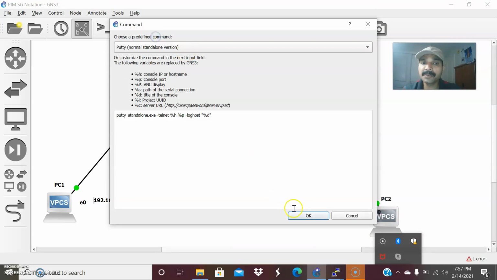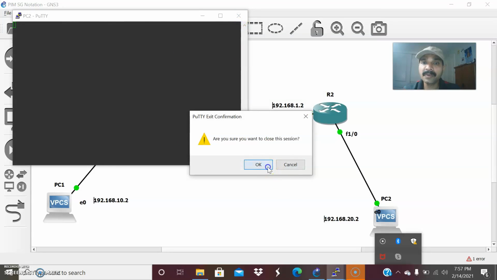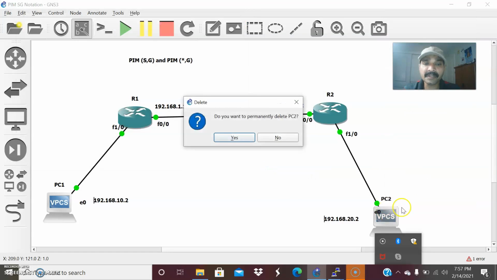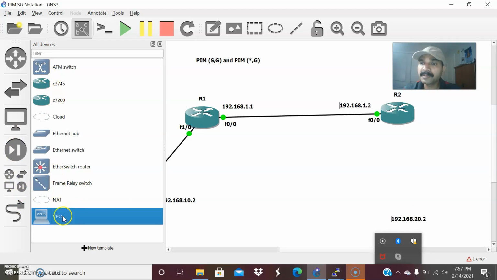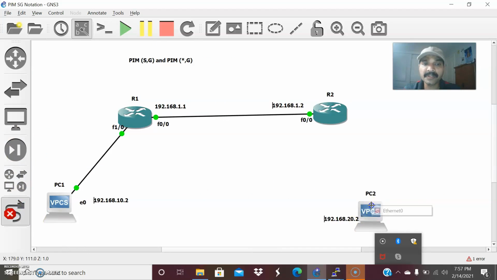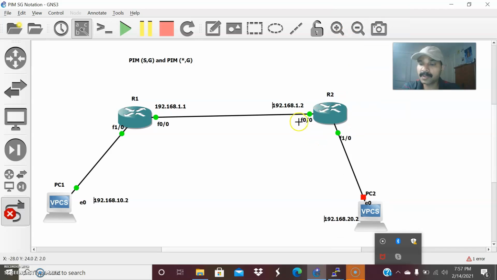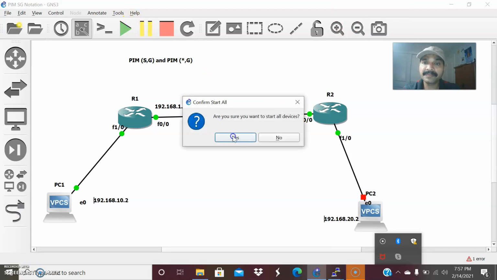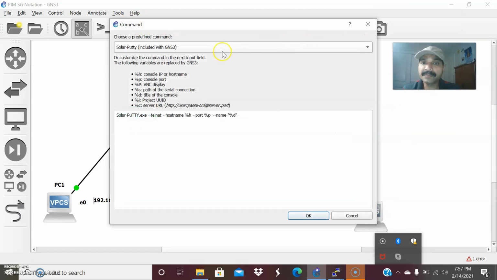So let us now start the traffic. Go to the custom console, let us go to PuTTY. Here let us add a multicast thing. Delete it, this piece is not working. So let us create a new entry. This is the thing you have to drag and drop. Now here Ethernet, and this is the Fast Ethernet 1/0 we have created, right? So now let us start the traffic again. So let us configure it again.